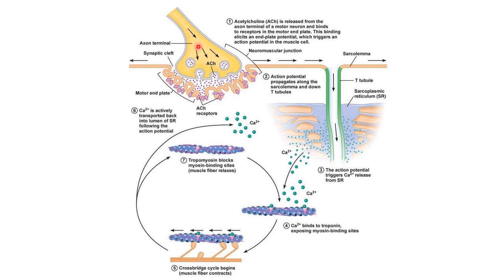This is the neuron, the motor neuron. In the axon terminal, it will result in the opening of the voltage gated calcium channels. Calcium will be taken into the cell, that is, it will enter the axon terminal,